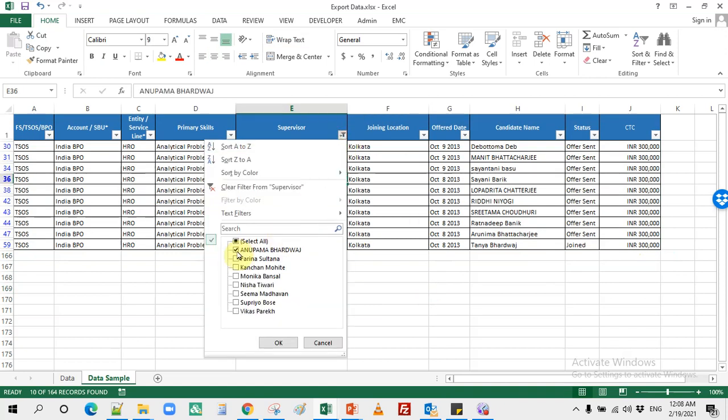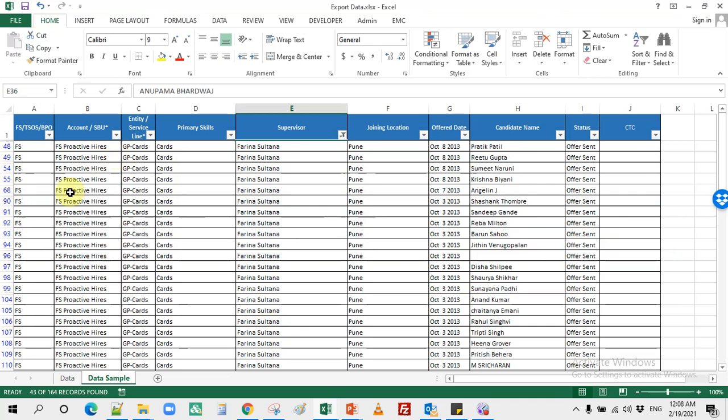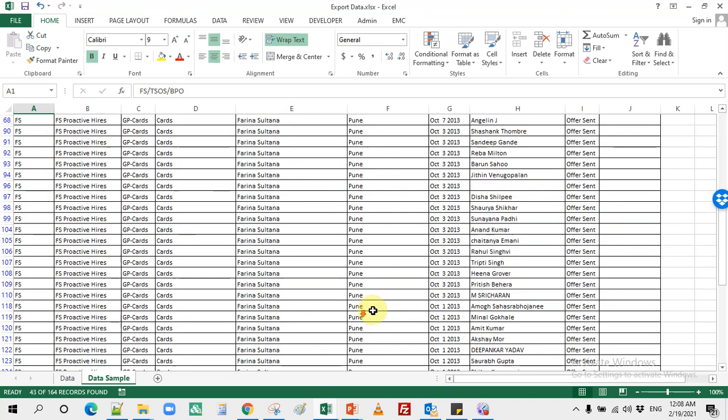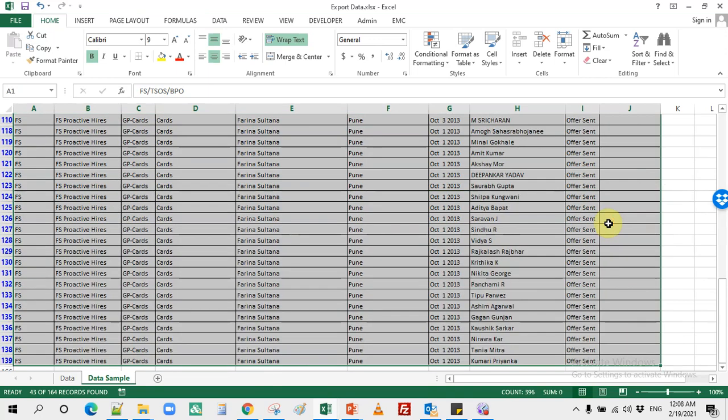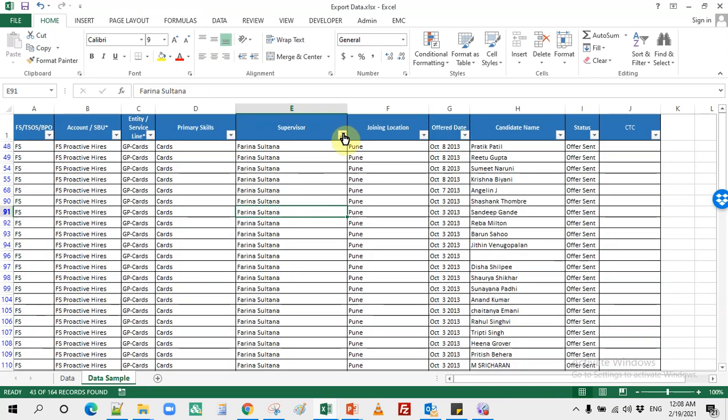Similarly, if I want to share to Farina, I need to share only this much, up to here. Okay, so for that, what I need to do is export this data in a separate file, and then I need to attach it.